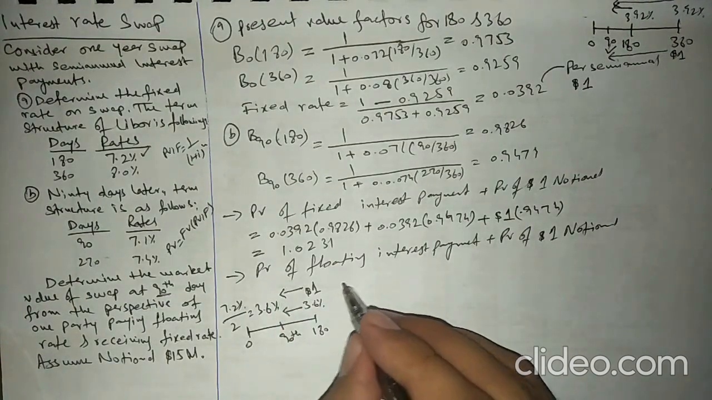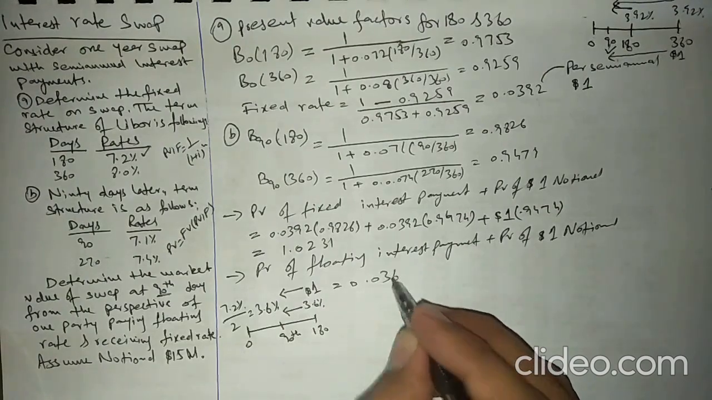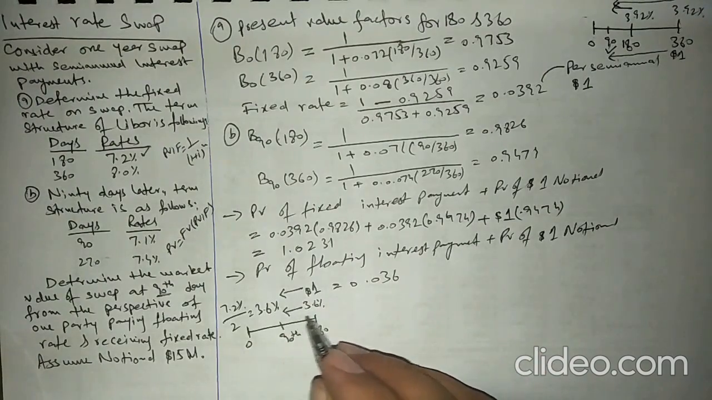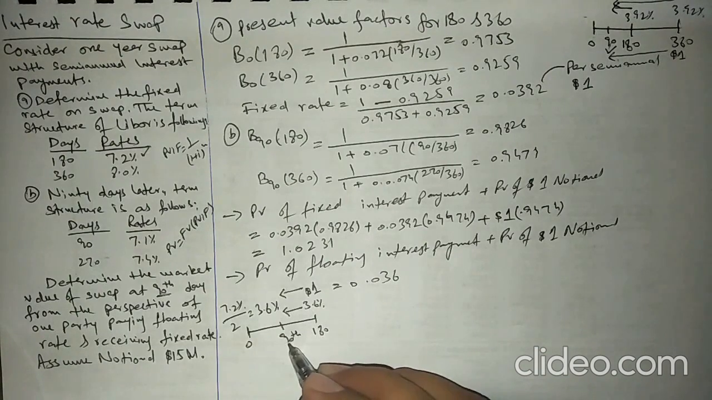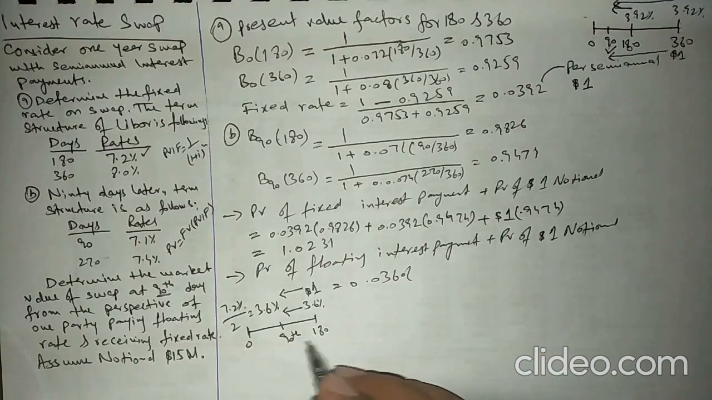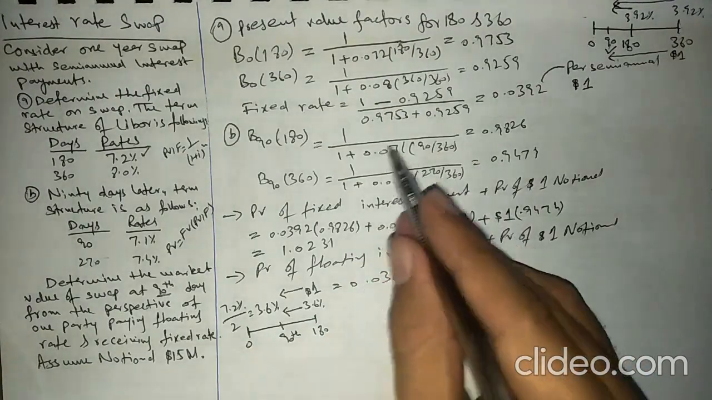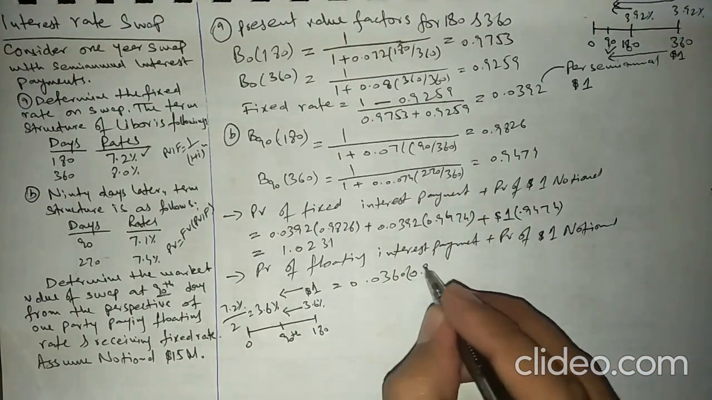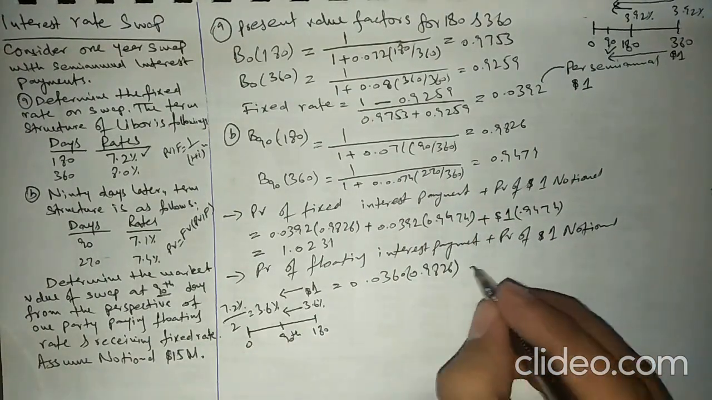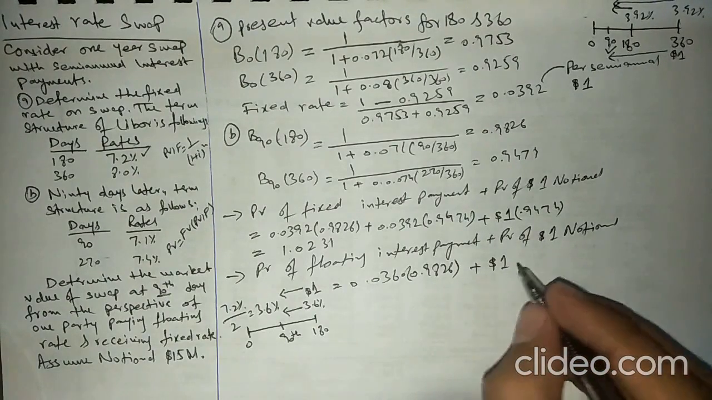So to calculate the present value of the floating interest payment, which is 0.036, we want to discount back to the 90th day from the 180th day, and the difference between 180 and 90 is 90 days, and we will use the 90 days present value interest factor. Now this is the future value multiplied by the 90 days present value interest factor, which is 0.9826, and plus $1 is the notional principal amount, and we will multiply this amount by